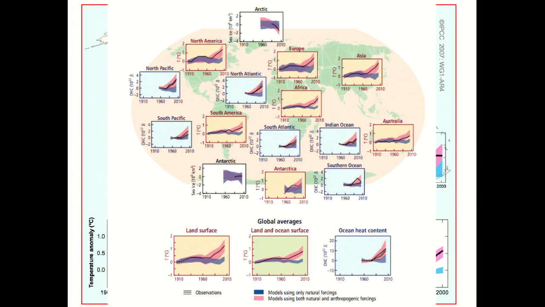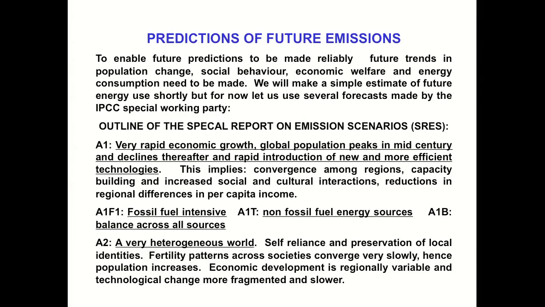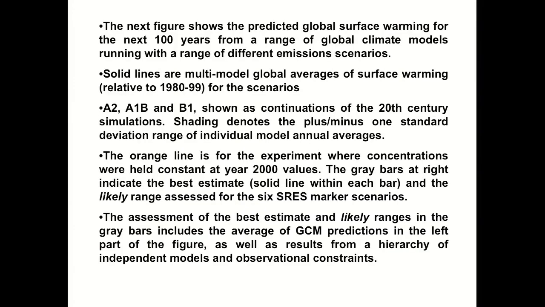So go through these various slides, and in particular, ready for next week when we're going to talk about man's use of energy, I'd like to go through these predictions of future emissions, please. So you see there's a list of emission scenarios: A1, A1F1, A2, B1, B2. So please go through these final slides ready for next week, because we're going to talk about man's use of energy and how to predict that towards the end of the century. And the question is, is there enough fossil fuel to keep us going to the end of the century? If not, where are we going to get our energy from?